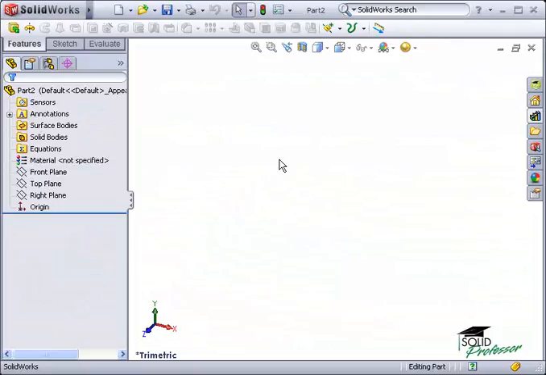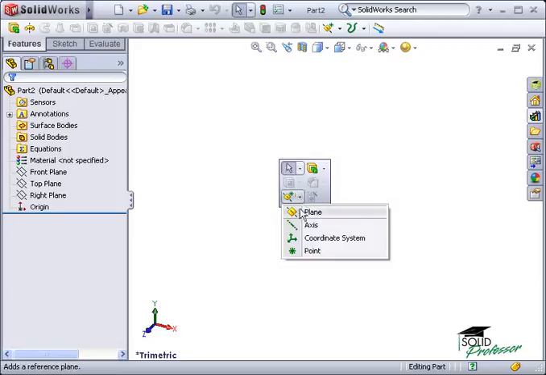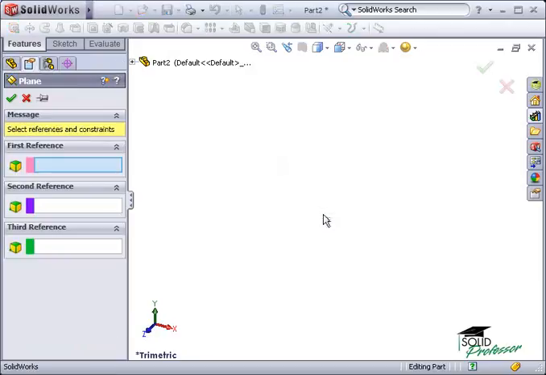SOLIDWORKS provides a great deal of flexibility when defining planes and other reference geometry. However, it's not possible to write an equation that will directly control a plane's definition. If I open the Plane tool, notice in the Feature Manager I'm asked to select references to define the plane. While I can't write an equation to define a plane, I can use equations to define these references, which ultimately